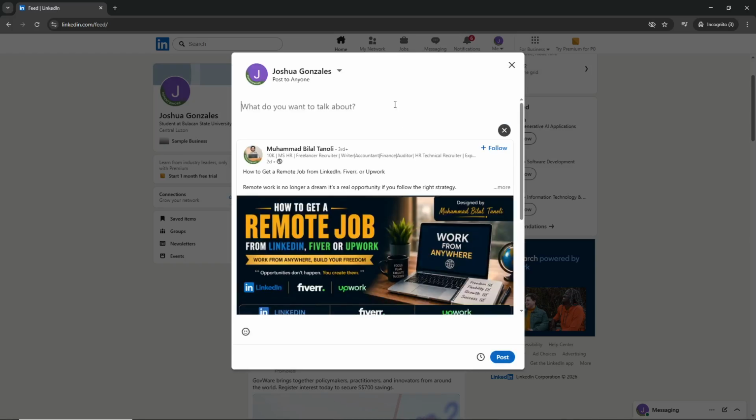unique viewpoint. Once you select Repost with your thoughts, a text box will appear on your screen. This is where you can input your thoughts about that post. Take this opportunity to explain why you're sharing it, what insights you've gained from it, or how it relates to your professional experience. Adding meaningful commentary not only provides context for your connections, but also encourages conversation and interaction on